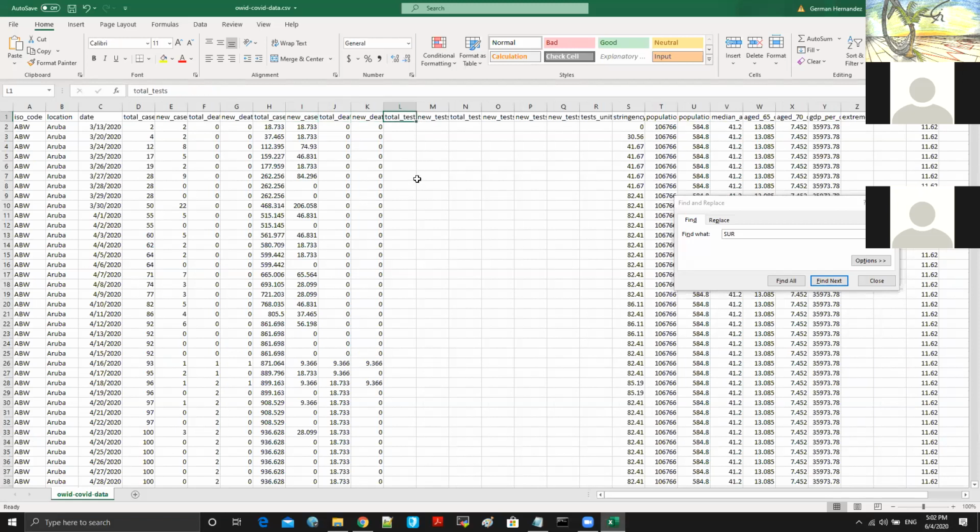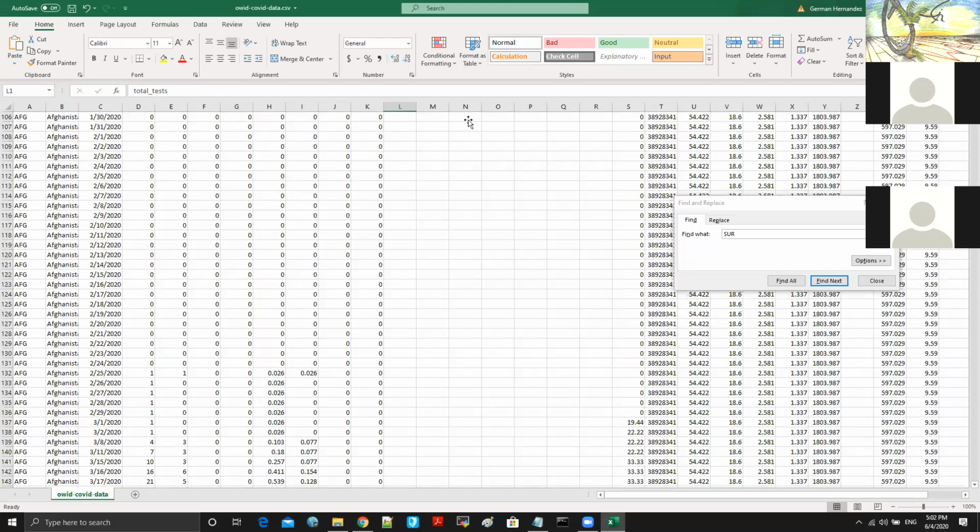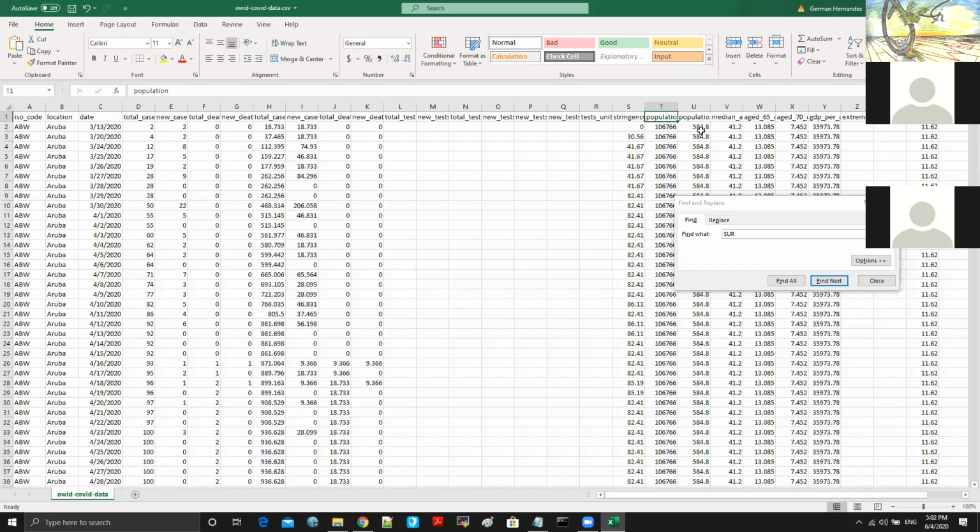day, in the total cases, the new cases per million, the total death per million, new deaths per million, total tests. Sometimes they don't have information. Some countries have information of how many tests they are developing every day. Some other countries don't have. New tests, total tests, stringency indices, total population, like Aruba has a reported population of 100,666. Population density, how many people for every square kilometer, median age of the people in the country, percentage of people that are 65 and older, because those are the ones at more risk, how many older people